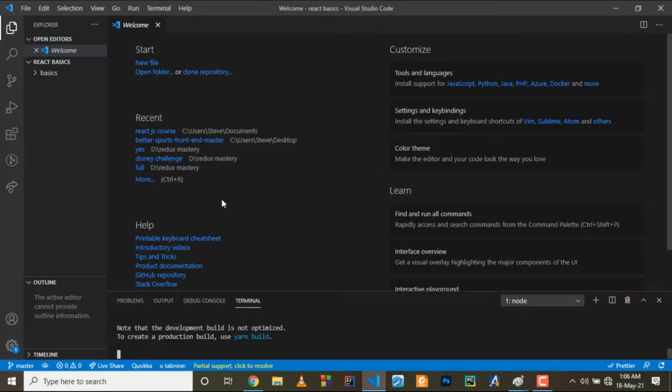So what you need to do first is to create a new folder. After creating a new folder, you can drag and drop it into Visual Studio Code, right? After doing that,